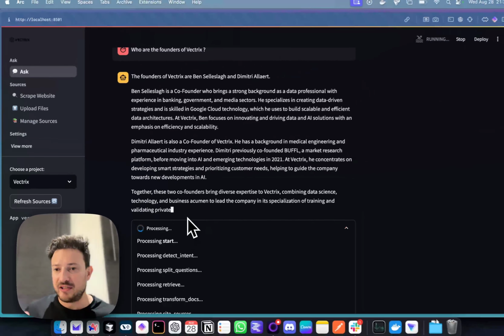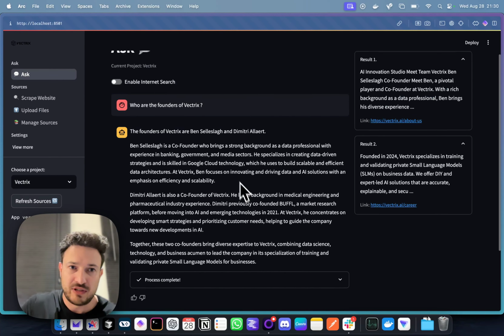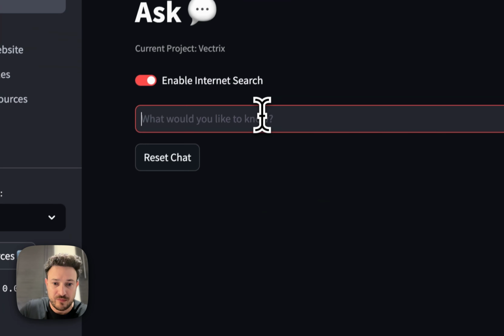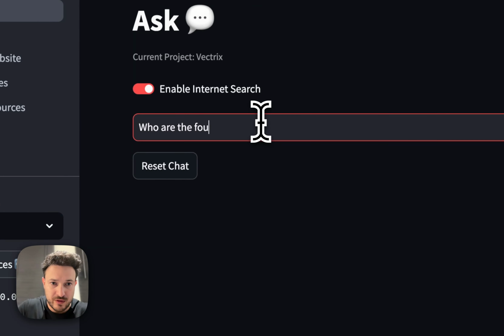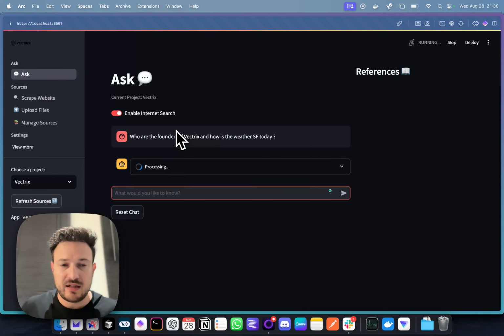So this is a very easy question. You can just answer that by using a regular retrieval flow, but you can also combine various questions. For example, who are the founders of Vectrix, and how is the weather in San Francisco today? And then it will